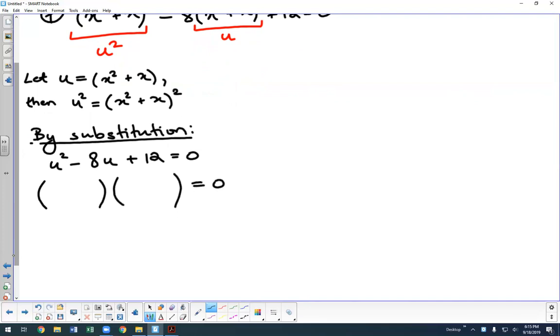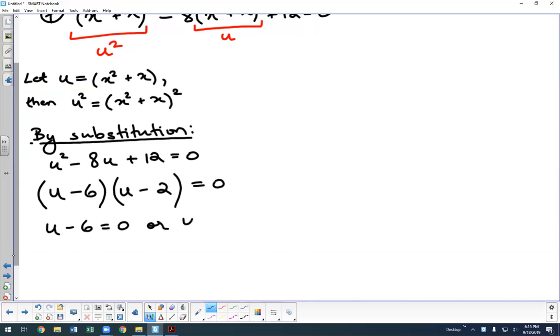Alrighty, so can somebody tell me if we factored, what will we get as our factors here? U minus 6 and u minus 2. Okay, so when I multiply negative 6 with negative 2, I get positive 12. When I add negative 6 and negative 2, I get negative 8. Wonderful, that will work. So just like we did in the previous example, set each one of these equal to